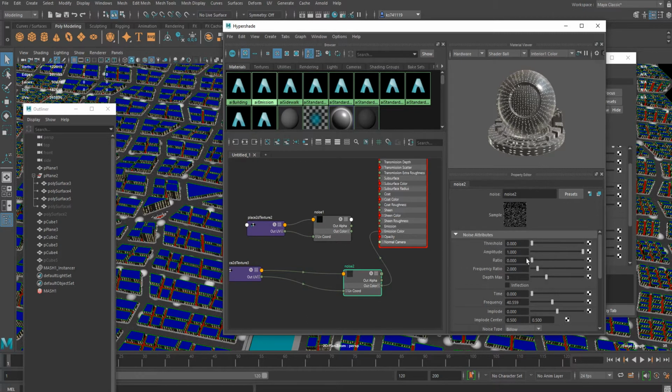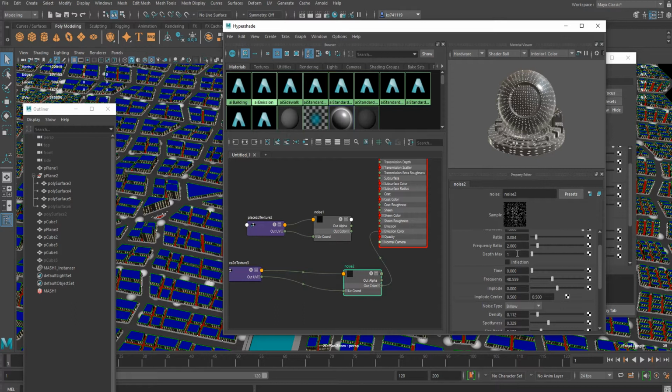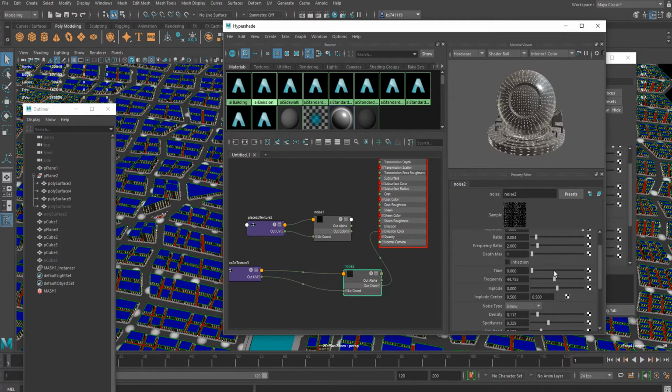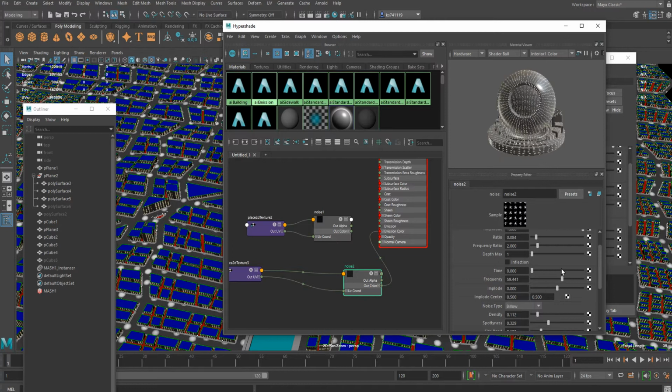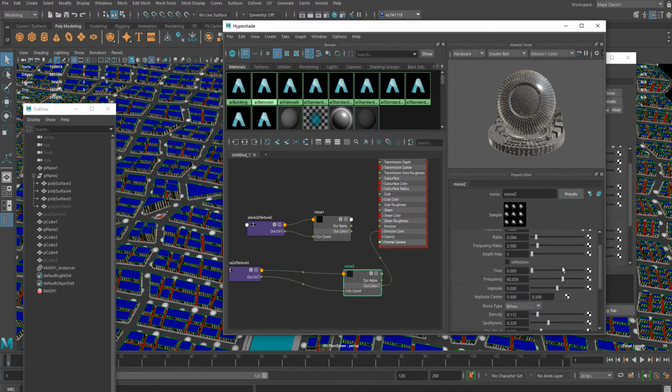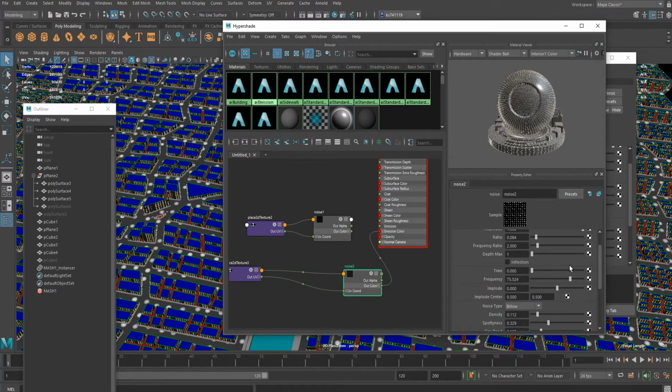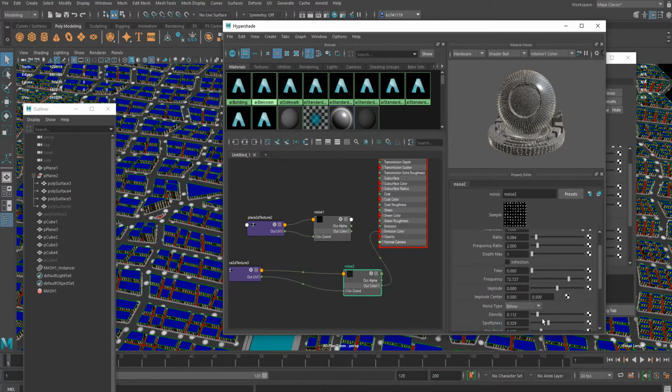And probably we should decrease ratio. We don't need them, and decrease depth max, so we only see those same size dots. We could just make it slightly bigger,